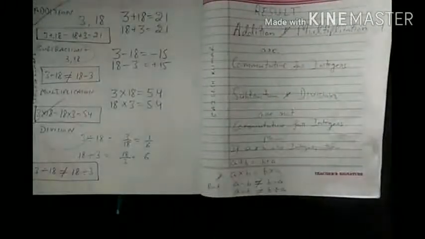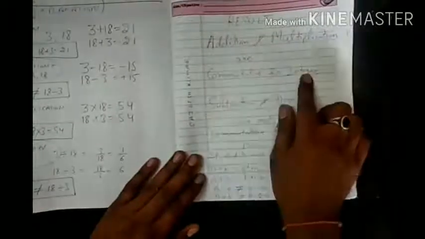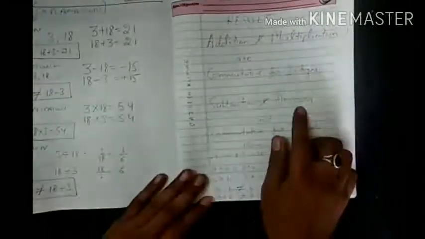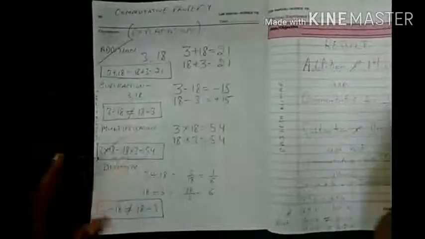b divided by a. So this is called the commutative property, where if we take two integers and apply the operation by interchanging their positions, the answer should be same. In which operations the answers are same, those operations are called commutative. But where the answers are not same, those operations are called not commutative. So our result is addition and multiplication are commutative for integers, and subtraction and division are not commutative for integers.